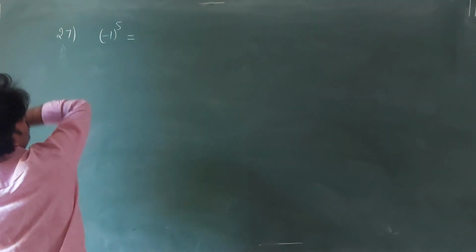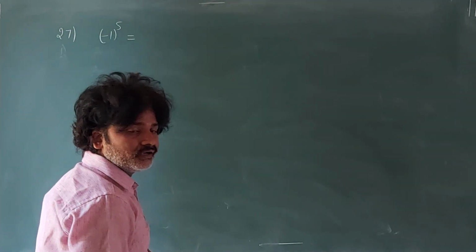So (minus 1) whole power 5 is given. Minus 1 to an odd power always gives negative. So (minus 1) whole power 5 is again minus 1. It is a purely real number. Negative or positive? Negative. So what is the answer? Just before, in the first point, I wrote: argument of A equals pi if A is negative. So the argument of any negative real number is always pi.